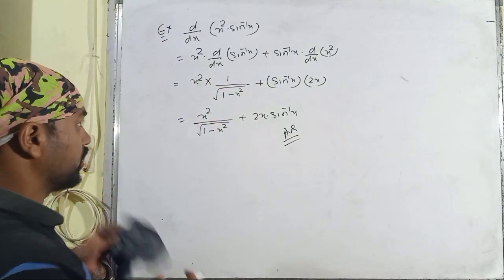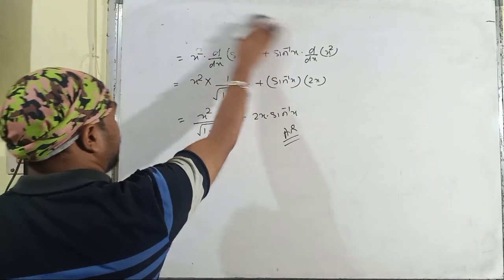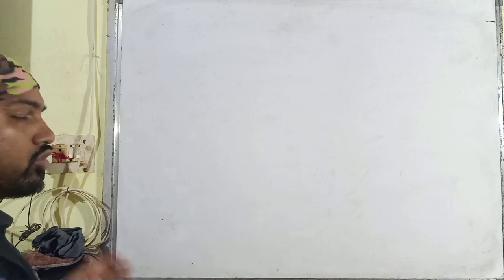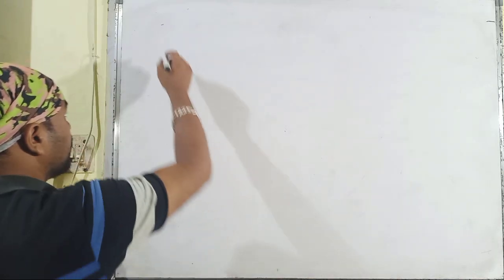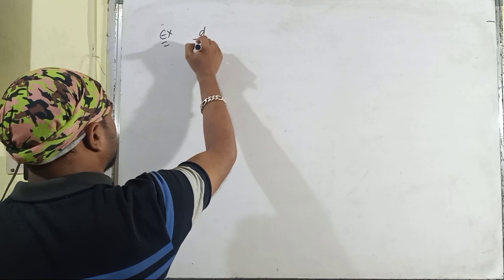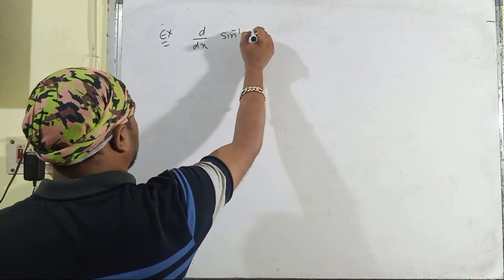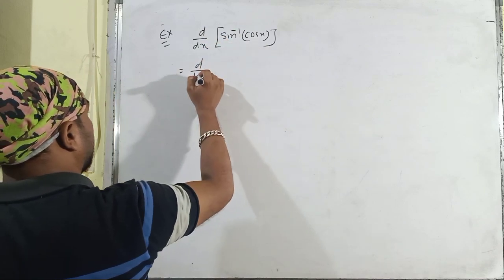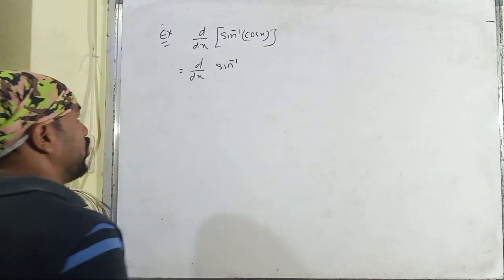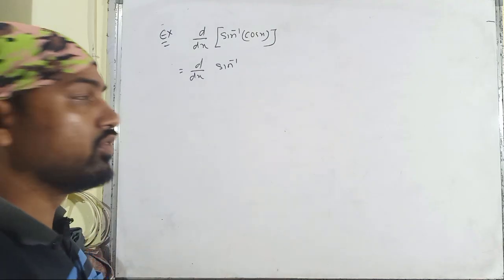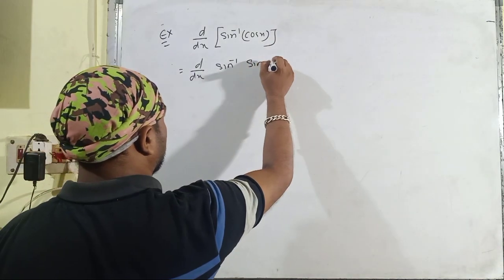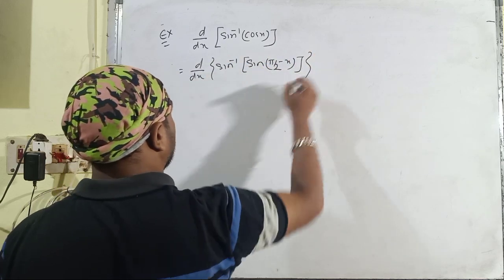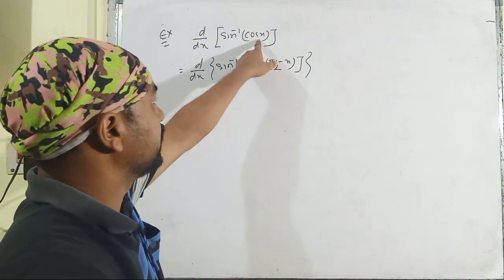Then let us go through some of the rest of the problems which are based upon the differentiation of inverse trigonometric functions, and then we can conclude our video session for today. The next problem is differentiation of sine inverse cos x. So first of all, let us convert this cos x into the form of a sine function. So it is sine pi by 2 minus x. Sine pi by 2 minus x is cos x.